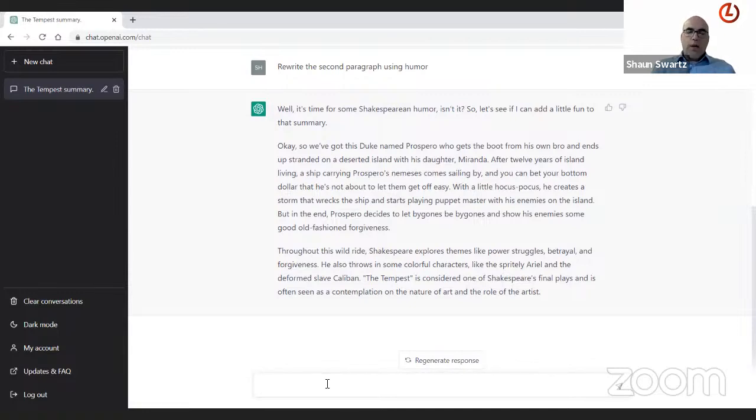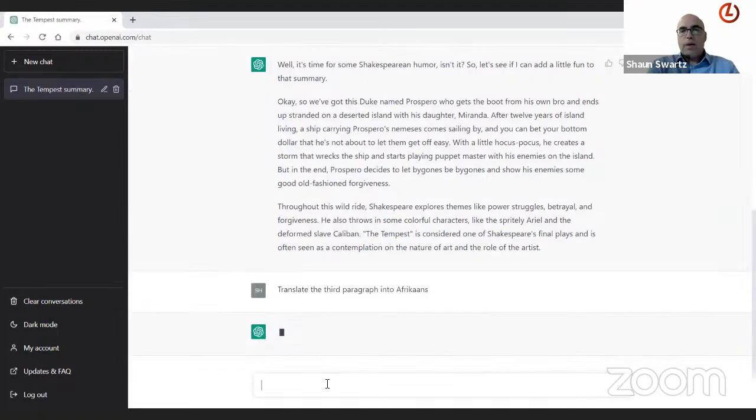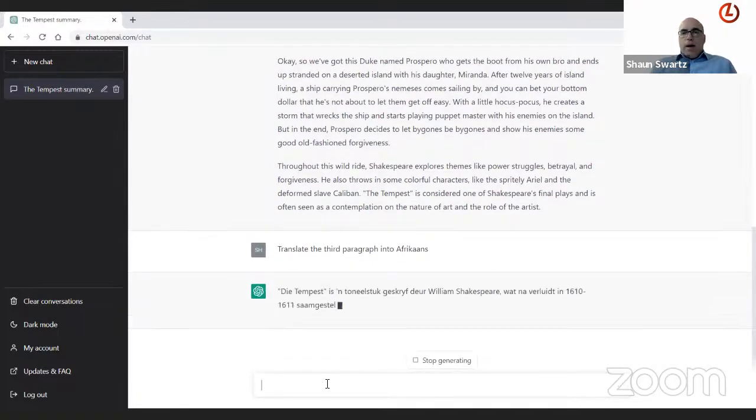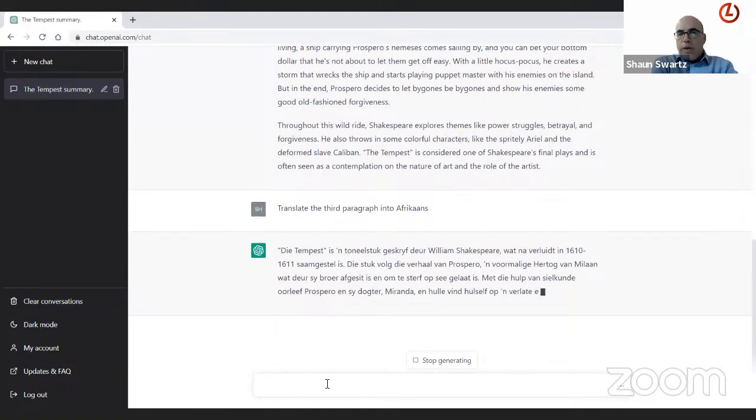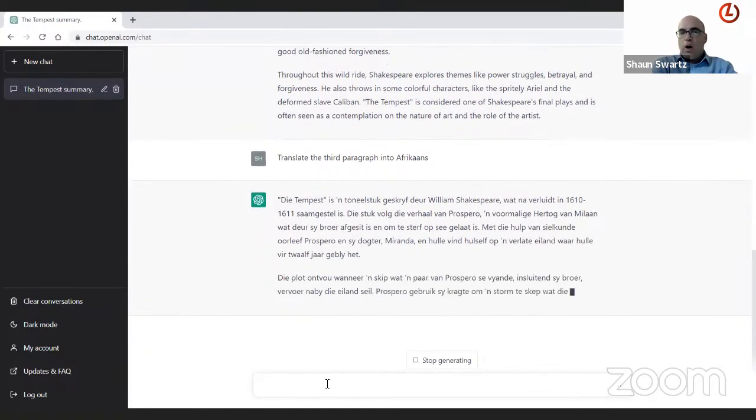But when you ask the questions and use a lot of context for the questions, it can make a huge, huge difference. So let me give another example, just briefly, if anyone hasn't used ChatGPT, just to show you what it can do. We can even ask it to say, well, translate the third paragraph into Afrikaans. Now, if there's any Afrikaans teachers out there, you'll be able to identify whether it's actually written it well enough in Afrikaans.